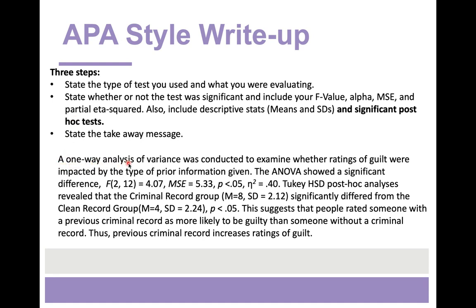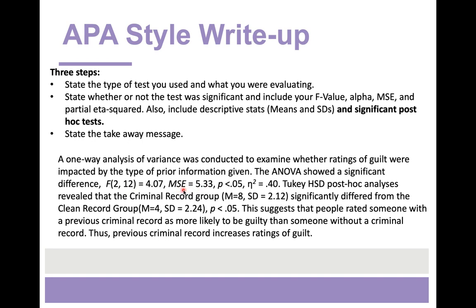A one-way analysis of variance, a one-way ANOVA, was conducted to examine whether ratings of guilt were impacted by type of prior information, right, about the defendant. The ANOVA showed a significant difference. Here we have our statistical statement, F, degrees of freedom between, comma, degrees of freedom within,